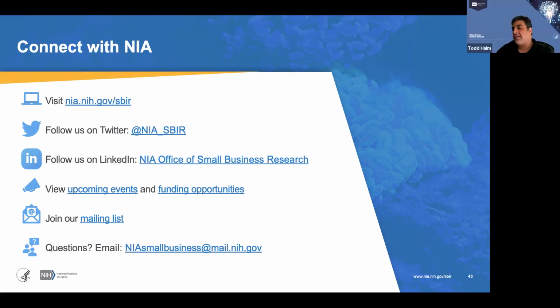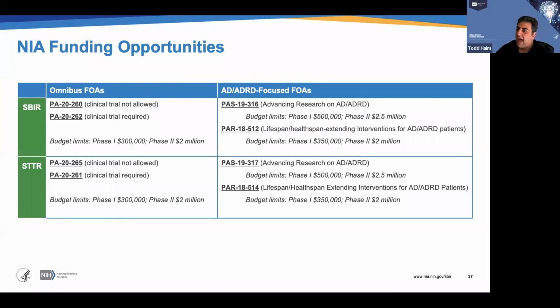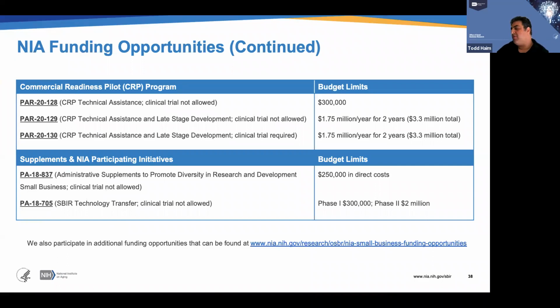Great. I can just say, the funding opportunity that I mentioned, PA 18-705, essentially allows companies to look at the different technologies that have been invented at the NIH and are available for licensing. And then you can actually submit an application to the NIH to work on that technology. And then in addition to, if you are selected, getting at least a research license to work on the NIH invention, you would also get the funding to conduct that work.